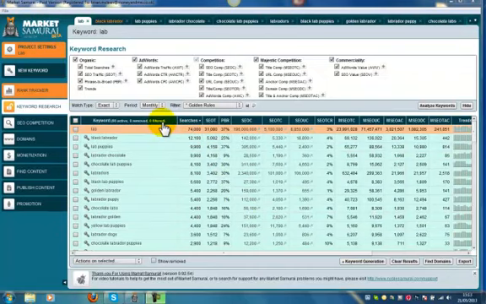In the last video we imported the keywords to Market Samurai. We then did the search on the various information we required. We then did the SEO competition and all the keywords, which is all these tabs along the top. So what we're now about to do is use our spreadsheet,